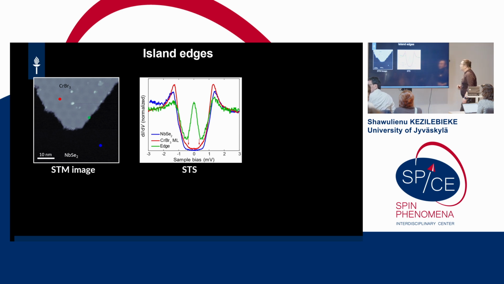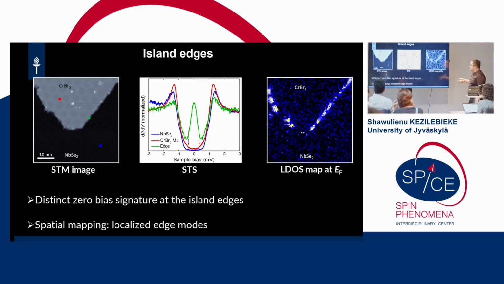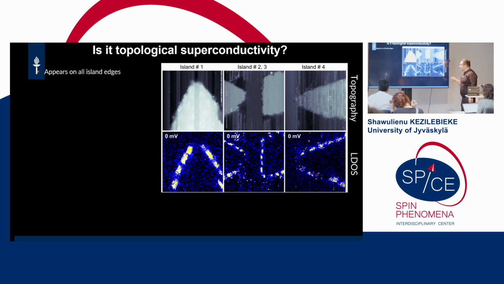And you can also look at how this state changes in space by mapping out at this particular energy. And as you can see, that's the topograph. This is the mapping of the local density of states at this energy. As you can see, this is mostly localized at the edge of the sample. And okay, it's STM, so you have many islands. You can look around in different islands, and you always see these states, which are basically localized at the edge